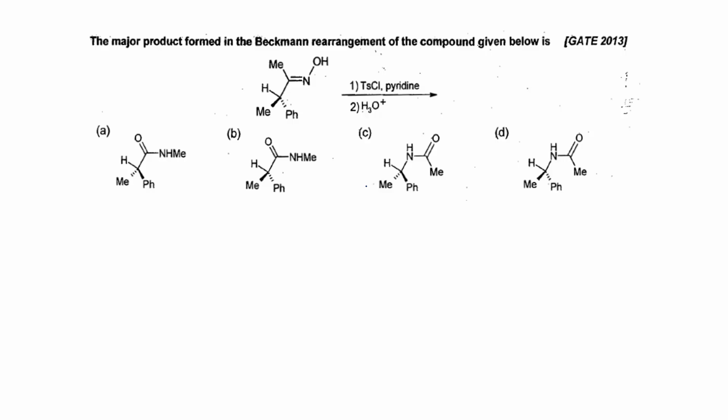The major product formed in the Beckmann rearrangement of the compound given below. So what will be the major product formed in the Beckmann rearrangement? So we know Beckmann rearrangement is always a trans elimination. In case of Beckmann rearrangement, always a trans. So the OH will attack this TsCl, tosylated to form a good leaving group. After that, whichever is the trans